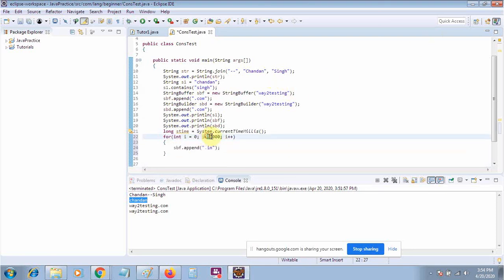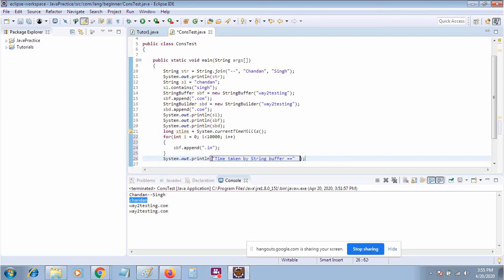How many times? Near about 1 lakh plus times. And then I will check how much time it is taking. So I will print the time taken by StringBuffer.